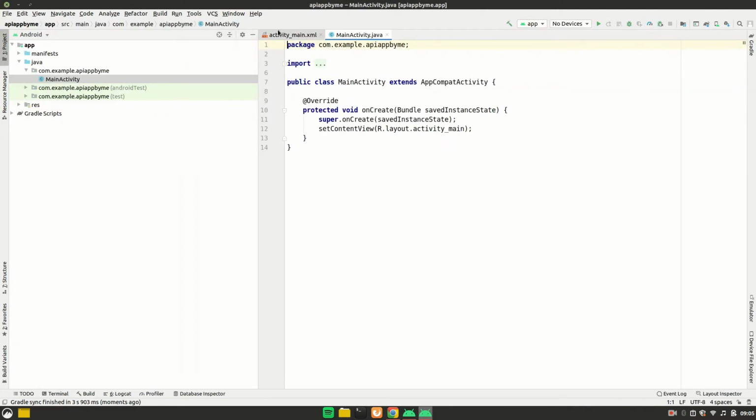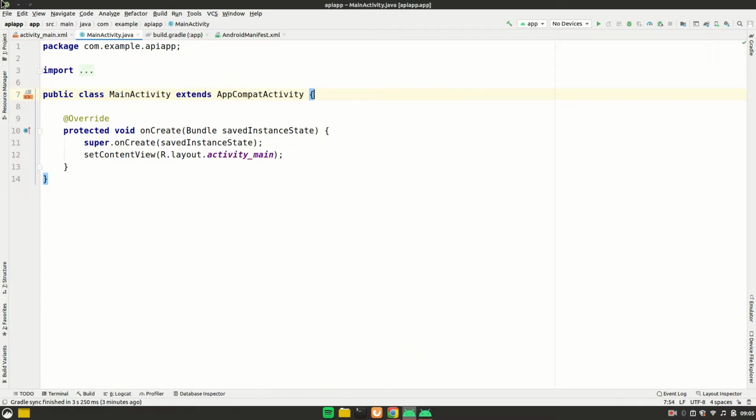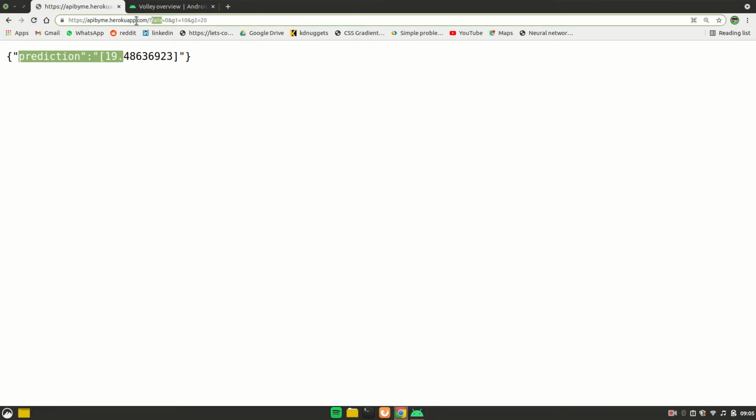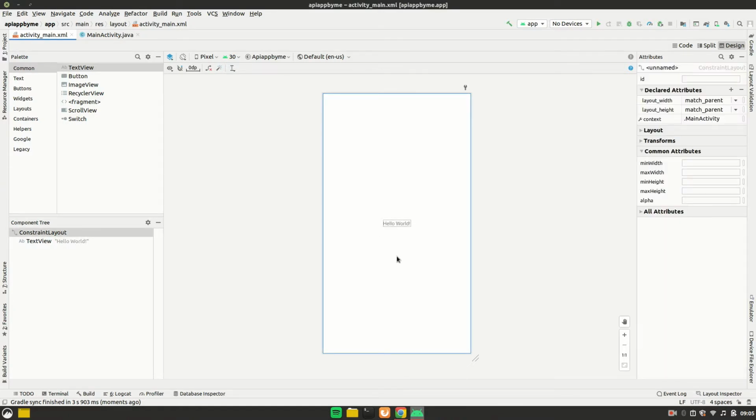First of all, we will focus on creating the GUI. As I said, it is going to have three input fields, which are fails, grade 1 and grade 2, and in return it gives the final grade. So basically we'll have three input fields and one button for making the prediction, sending the request, and then a text view for showing the result or response from the API. So let's delete this hello world and let's add three input fields.